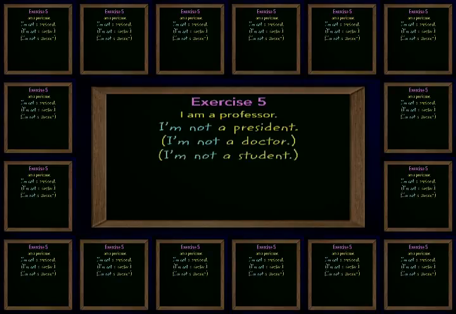Not so tough, right? Okay. Now pause the program, look at the study guide, and please complete the exercise. Remember, when you finish, come right back here.